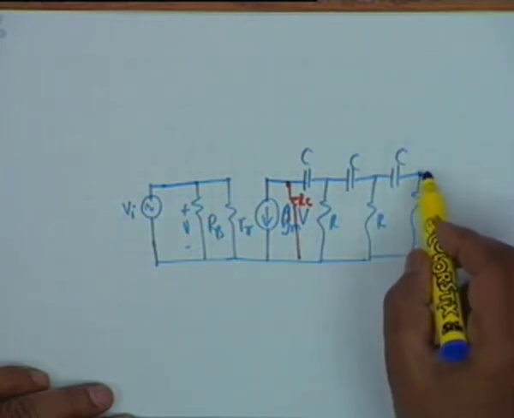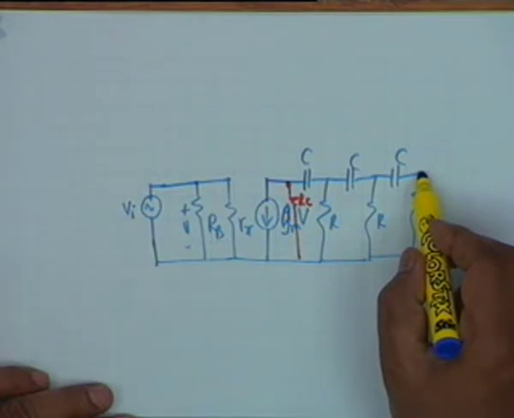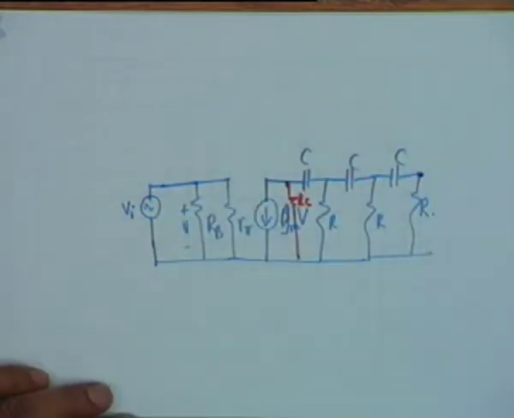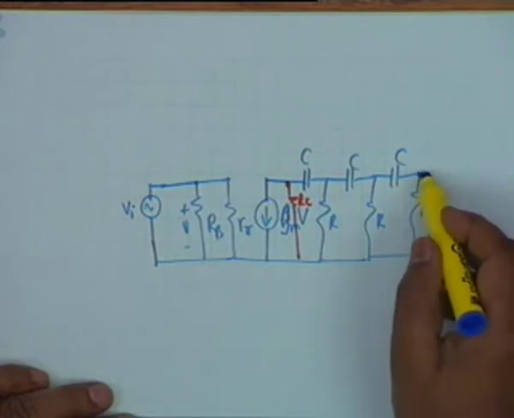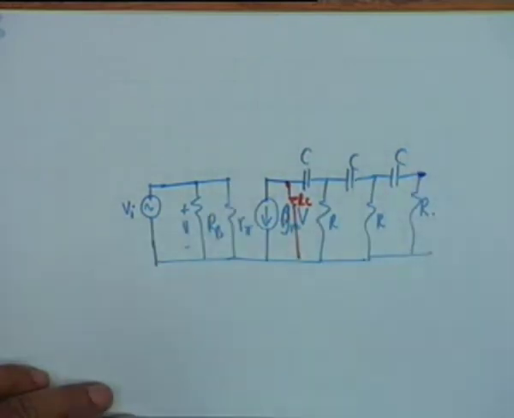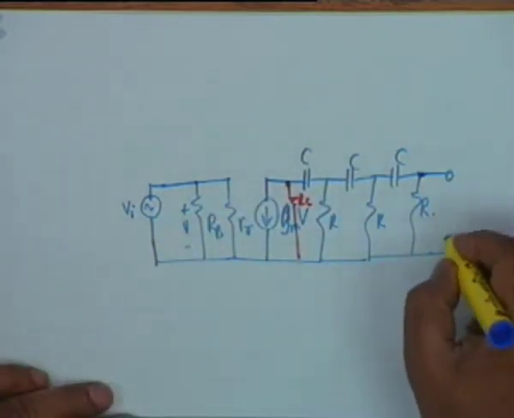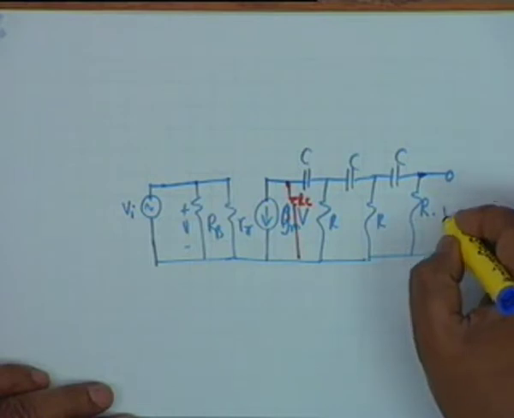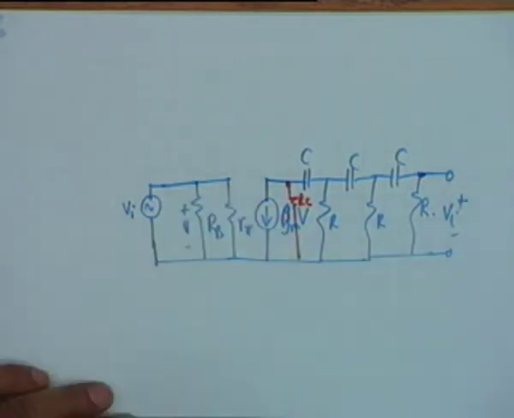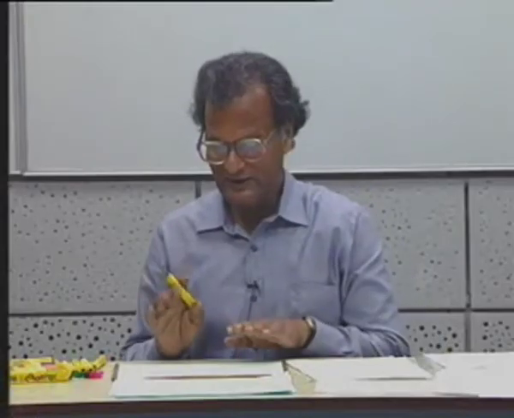What you want is that this should be coupled to the input. When can you couple this point to the input for oscillation? When will GH be equal to 1 at 0 degree? That means this voltage should be precisely equal to Vi. That is correct, and then you can forget about it. So all that you have to do is